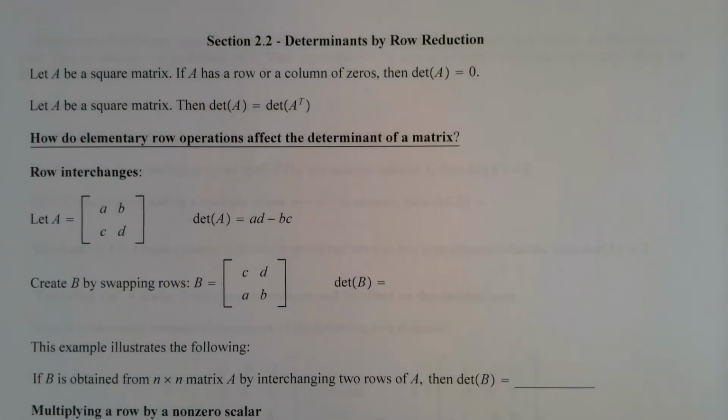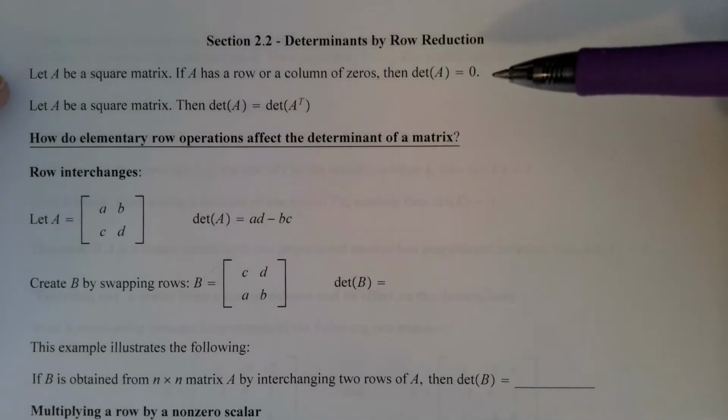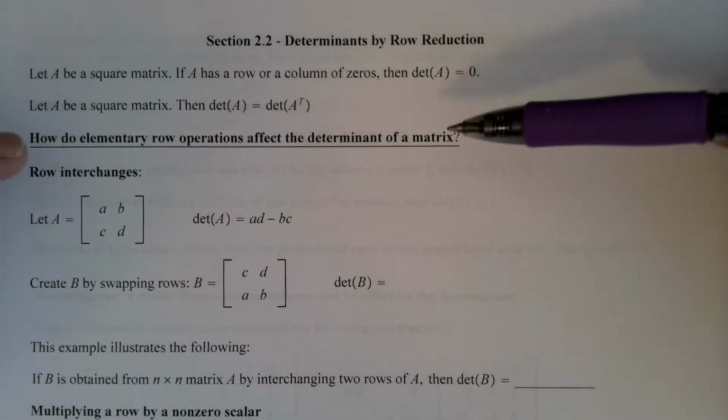So we're ready to look at determinants in a little bit different light. We talked about cofactor expansion. Now I want to talk about finding determinants using row reduction. A couple preliminary things I just want to state before we move on to looking at how essentially elementary row